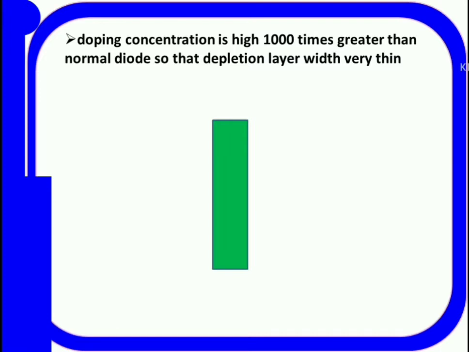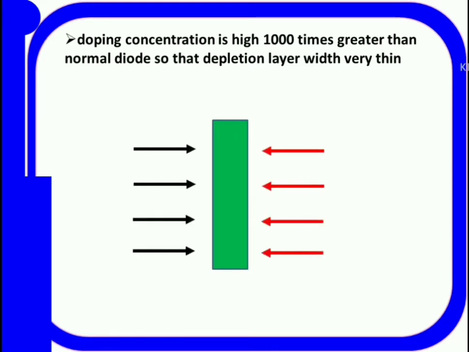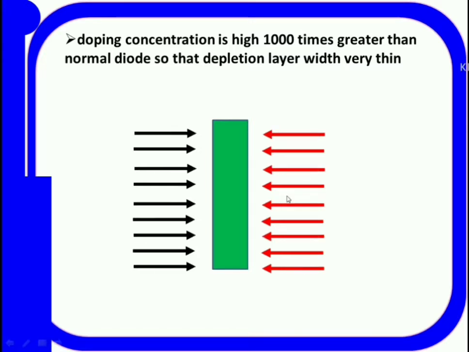Very simple example: imagine there is a wall. On either side of that wall there are 4 people, 4 on the left side and 4 on the right side. Now what are they doing? They are trying to jump the wall and move to the other side. They are trying to cross this junction. Now imagine the same case, but suppose there are 40 people on the left side and 40 people on the right side. They are doing the same thing.